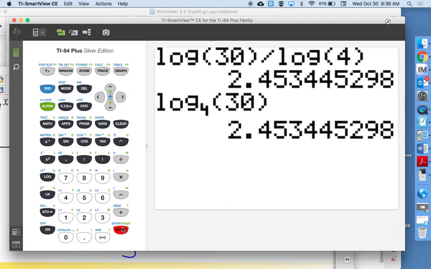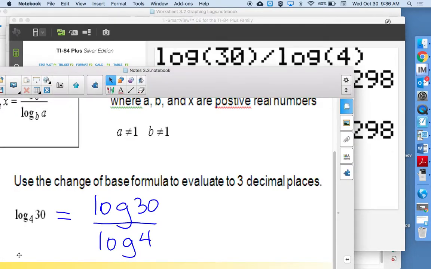Questions? So change of base. So we can graph anything or use any function in the calculator with log. The base can be anything. We just have to kind of use the application or the function in the calculator to get it to do that. So looking at the second type of example,